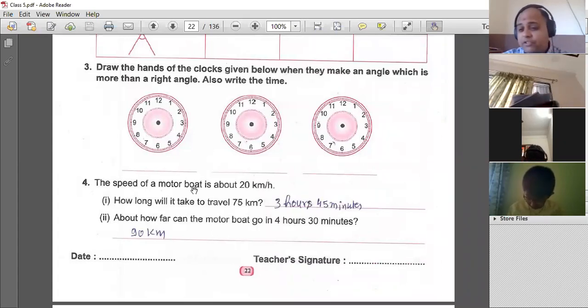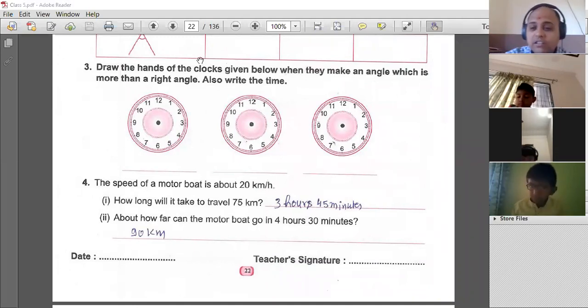You can come up with so many. This is an open-ended question where answers can be different for every student. So there is no one correct answer. There are so many correct answers. The only thing is you have to make sure that it will be correct.